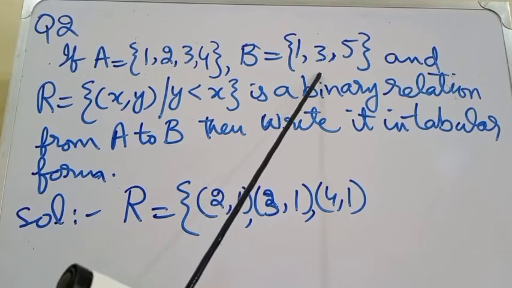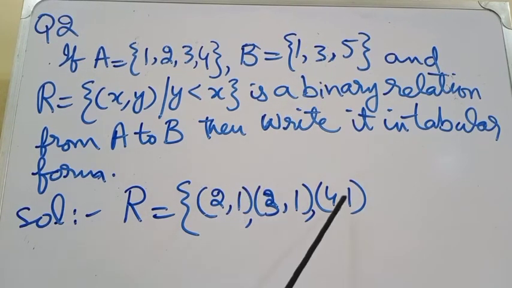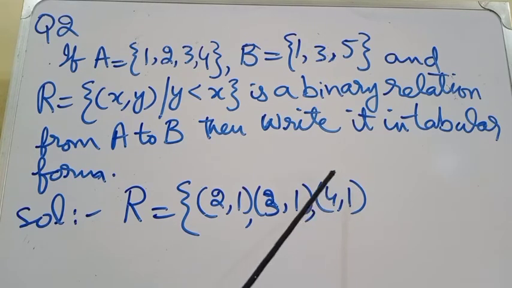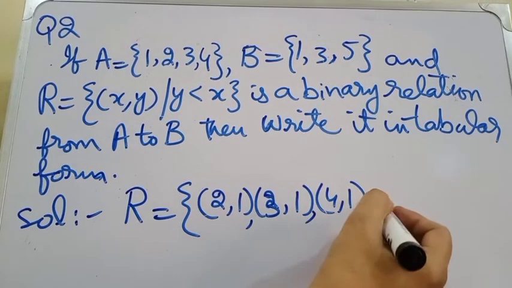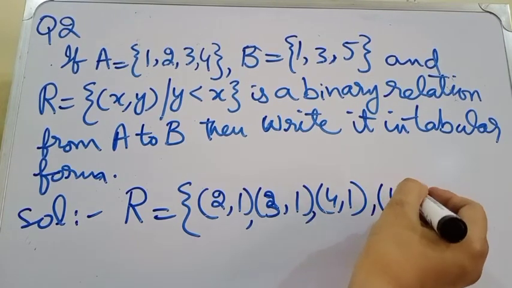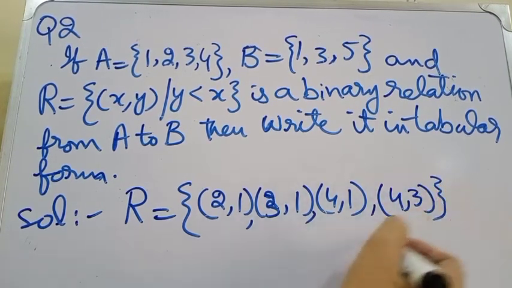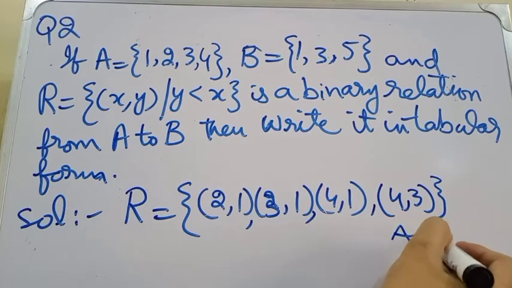For 3 we observe that if we write 3 here in the position of Y, then in the position of X it must be greater than Y, which is 4. So next we have only (4, 3) and this is our answer.